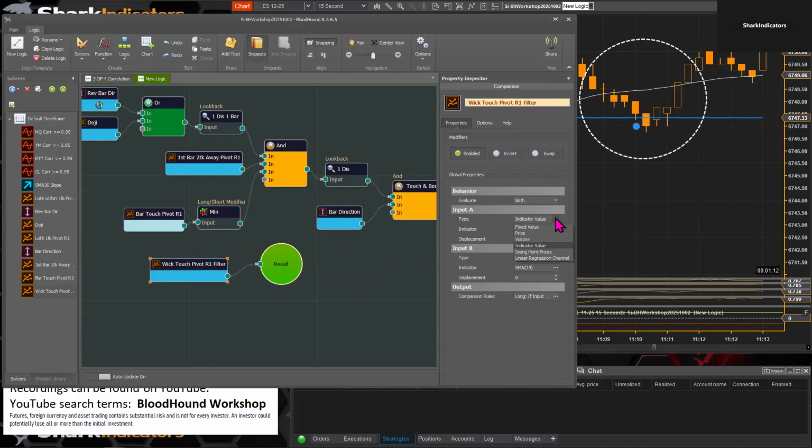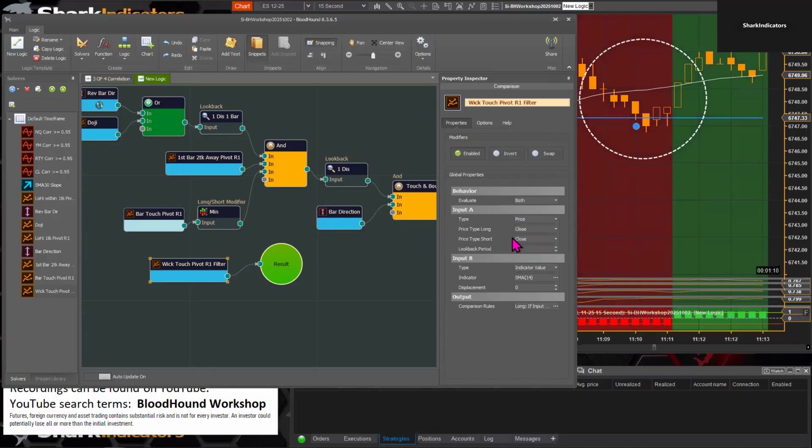So input A will be price. So let's see here again. For a long, the low, we're looking at the, sorry, actually,